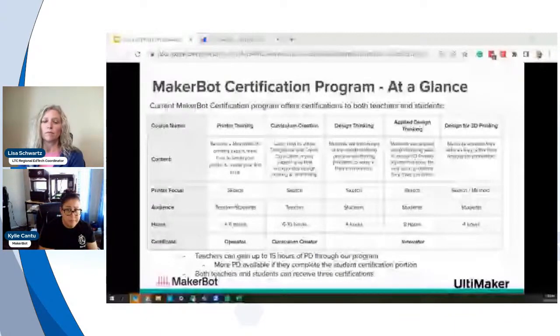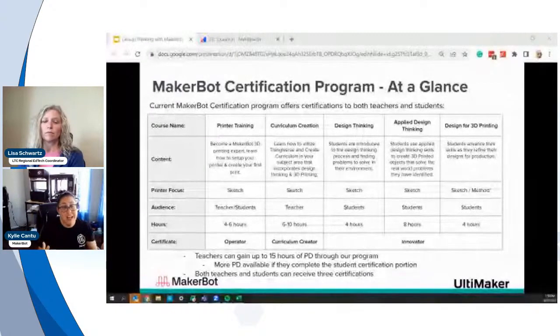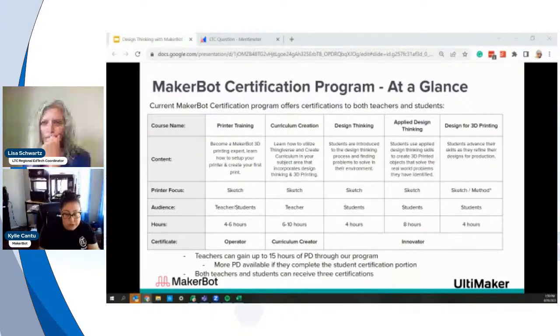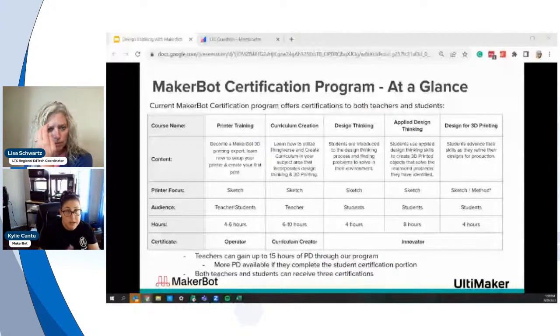This is what I wanted to make sure and highlight: if you do have a MakerBot Sketch or a Replicator Plus and the older model, please activate this certification, because you guys have access to this. And then the last part that Lisa was talking about, the curriculum creation. There was a response in our earlier